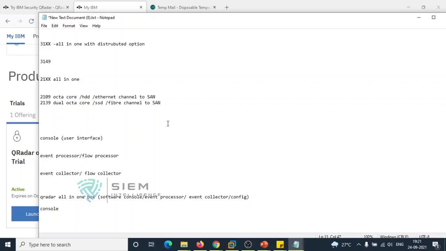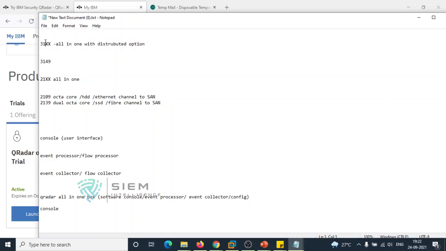So this 09 and 39 is basically the hardware configuration only. But this 31XX and 21XX tells you that it has a feature that it is an all-in-one box along with a distributed option.